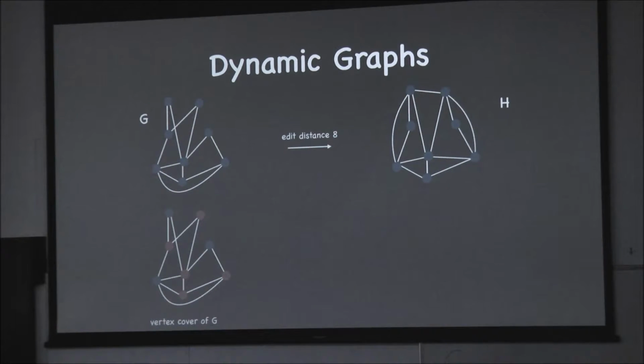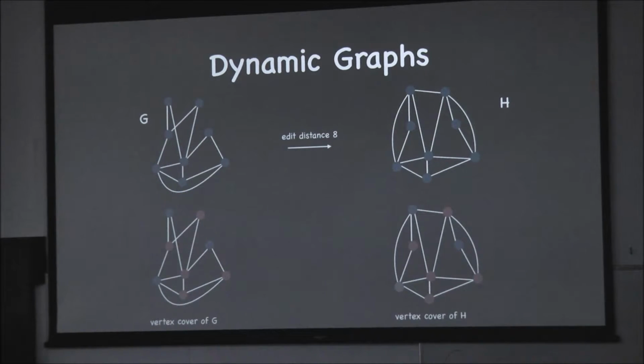Say we have 1,000,000 nodes, but only a few, maybe 100, edges get added and deleted. You don't want to spend time in terms of a million. Rather, we would want to spend time in terms of the changes. So this is the setting we are in, and we would like to see if we can find a vertex cover that is as close to the current vertex cover as possible. When I say current vertex cover, it's for the old graph. The new vertex cover is for the new graph.